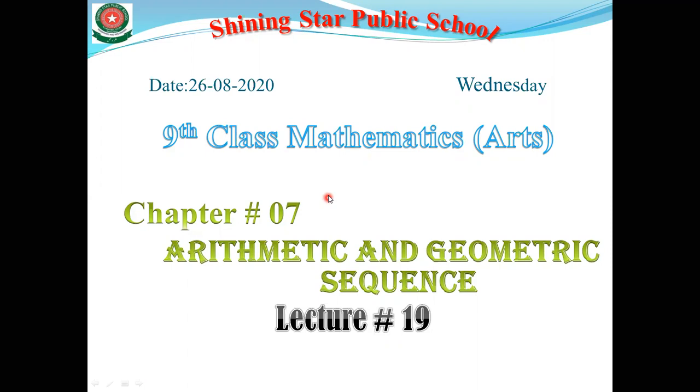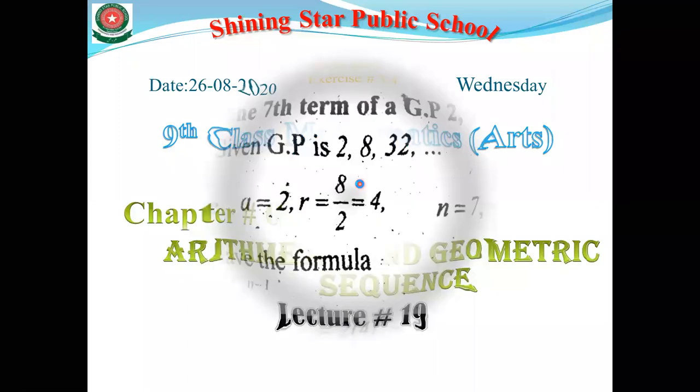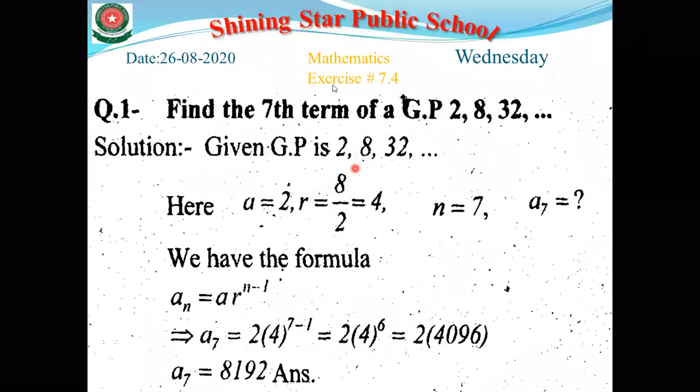Ninth class Mathematics Arts, chapter number 7, Arithmetic and Geometric Sequence, and today we have lecture number 19. So let's start our lecture. Today we start exercise 7.4, starting from question number 1. Find the seventh term of GP